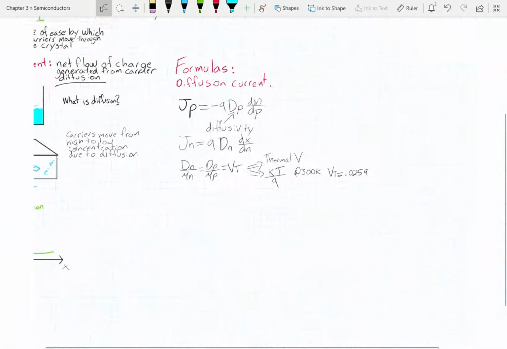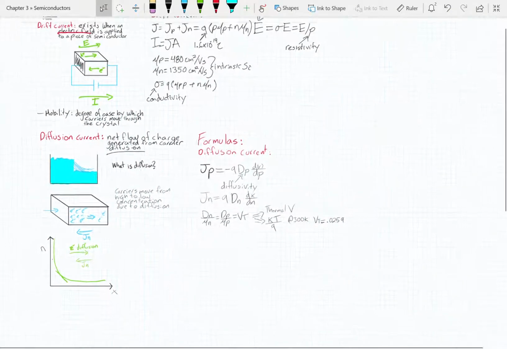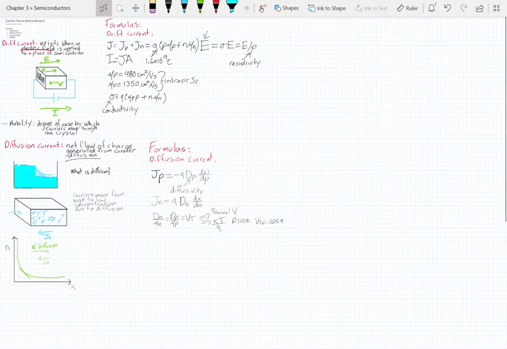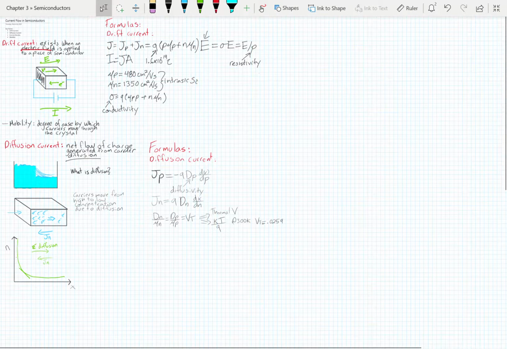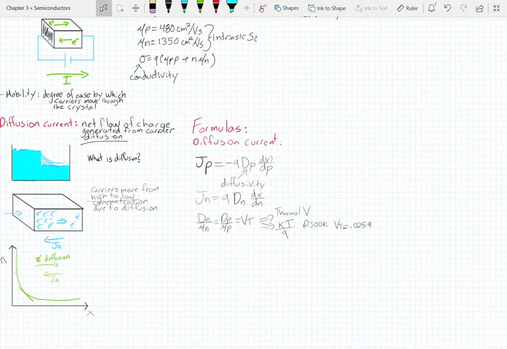So this is the overall thing that I have prepared for this section. Important things to remember: drift current is due to an electric field that's applied. Diffusion current is not; there's no electric field happening. It's just due to differences in densities, differences in the distribution of carriers, and the carriers go from high to low concentration. That's very important as well, and we're going to look a little bit more at that in the next video that's talking about